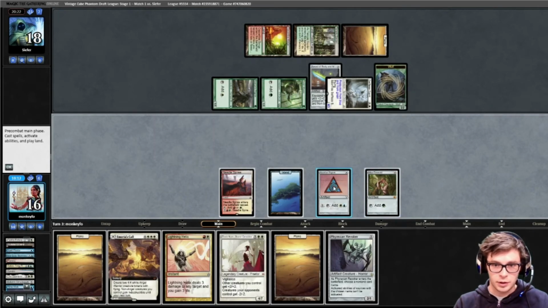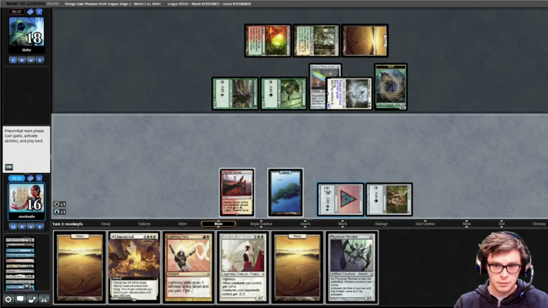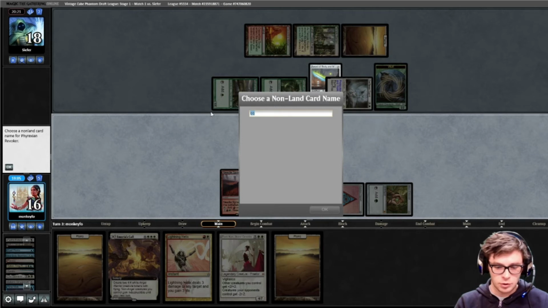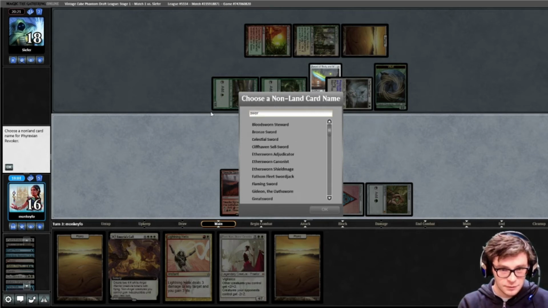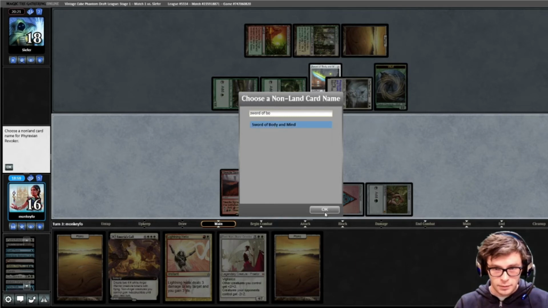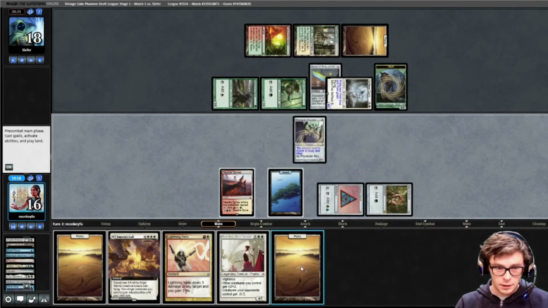Okay, ooh, this is very good. All right, so now I can name Sword. Oh, I don't want to name QQ. Sword of Body and Mind. Alright. Now I will play